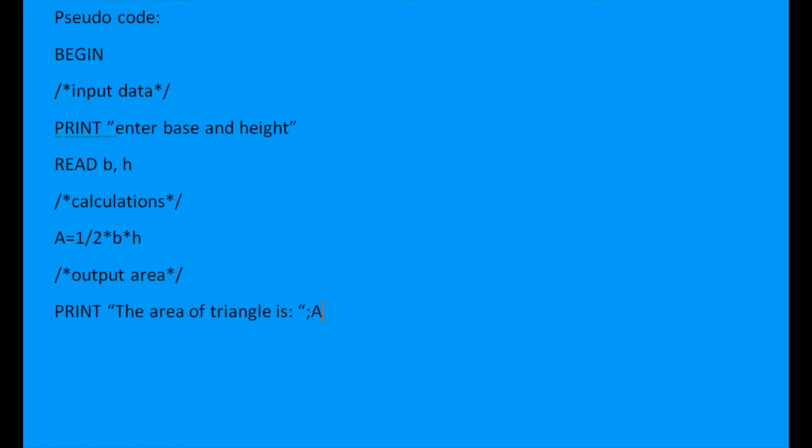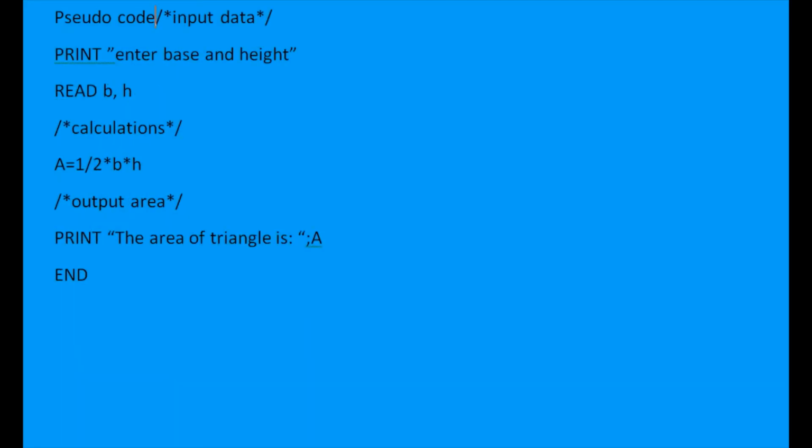Now here we will use A. Next we have to end our program. So this is what a pseudocode means. Writing this is a bit of a longer process, but it might be useful for some of the programs, right? But it doesn't really matter whether you write it or not. So the next one we are going to read is